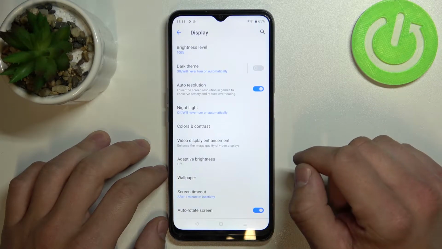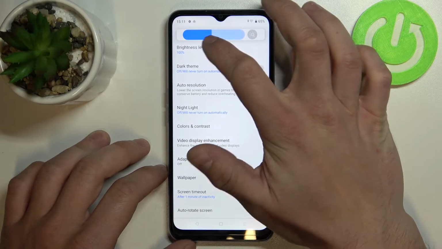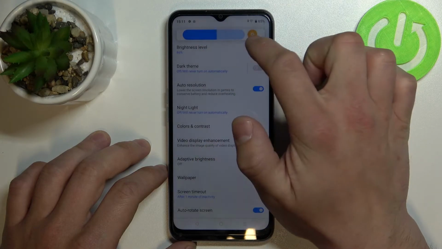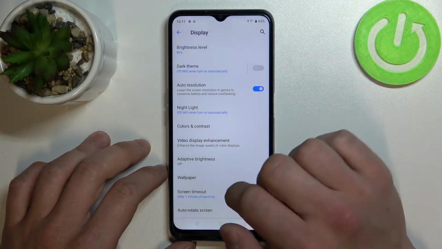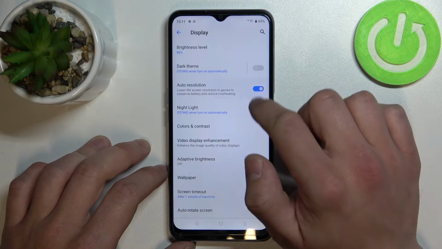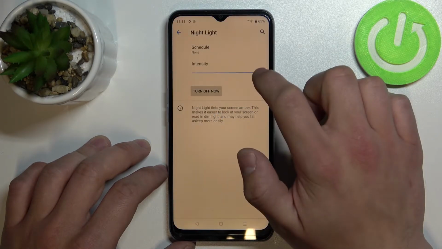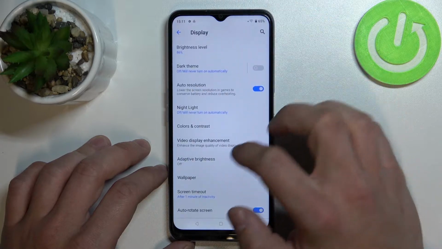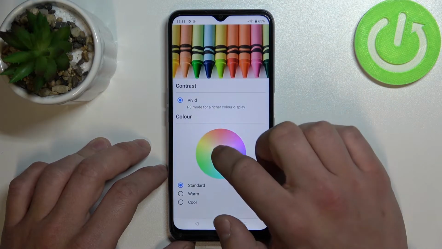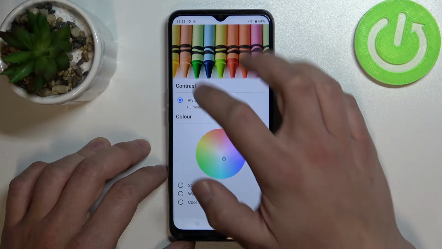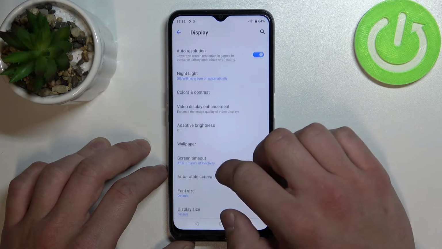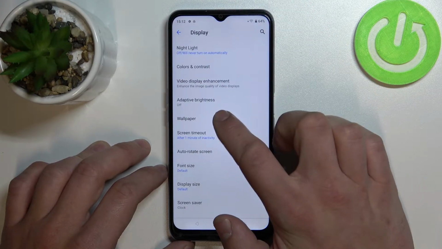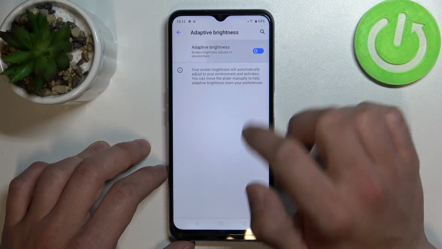Let's start with the top of the list, where we can change manually brightness level, enable or disable adaptive brightness, enable or disable dark theme, auto resolution, night light, and change its intensity. We can change color and contrast, enable or disable video display enhancement, again enable or disable adaptive brightness,